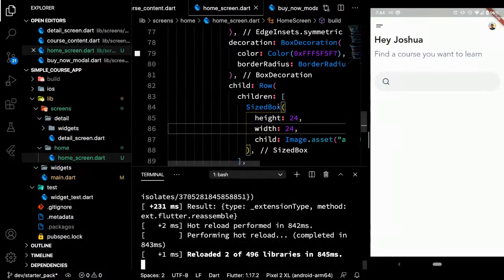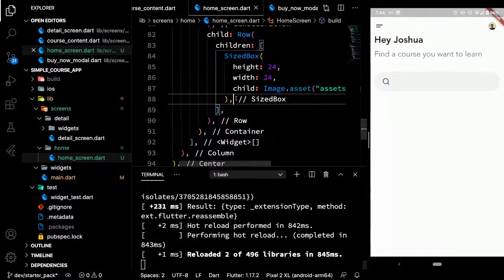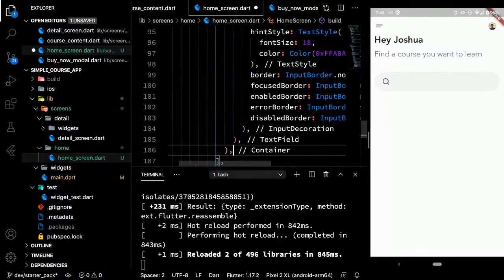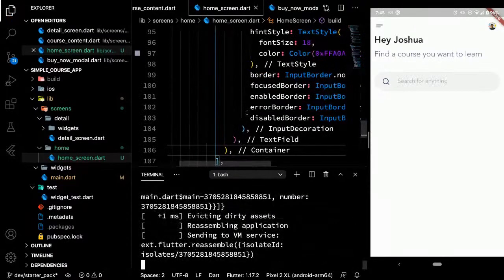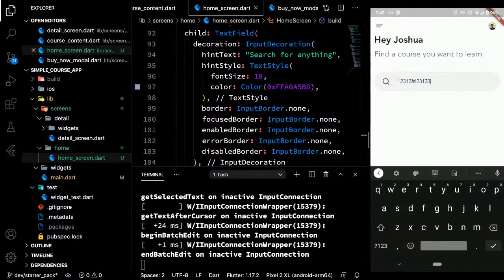We'll just use a SizedBox, pretty similar to the menu button. Next we want to add a text field with a predefined design. What we've added here is a text field. A text field is a widget for accepting text input from the user. As you can see here, we have removed the border.